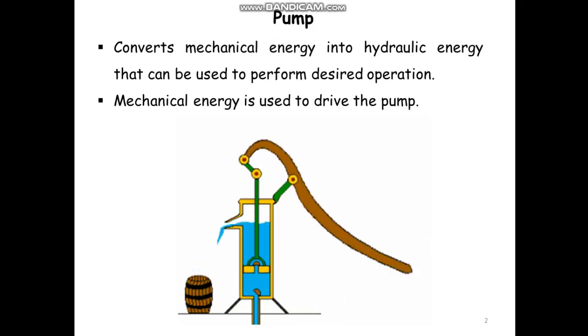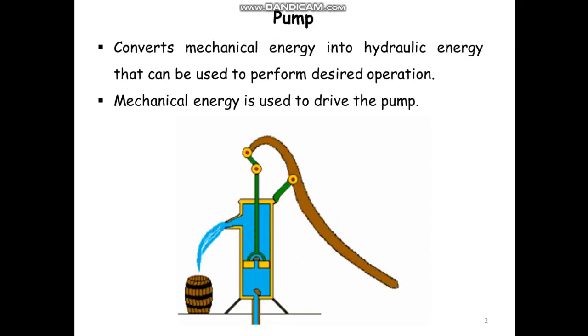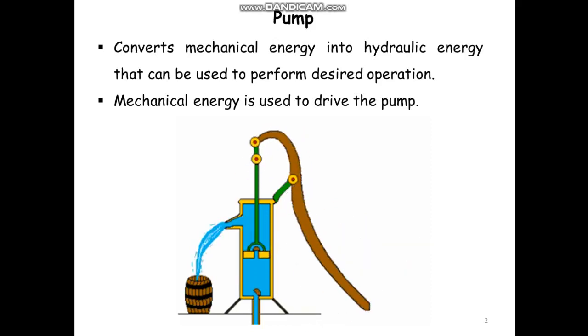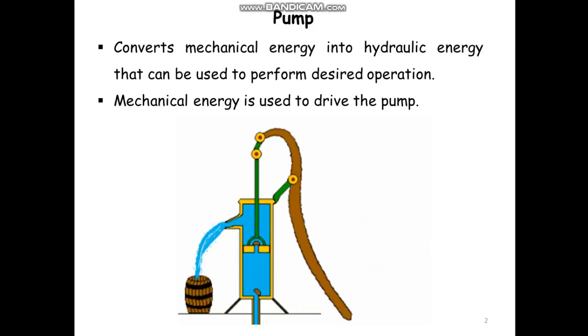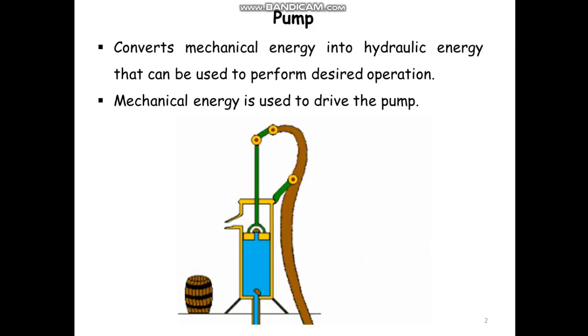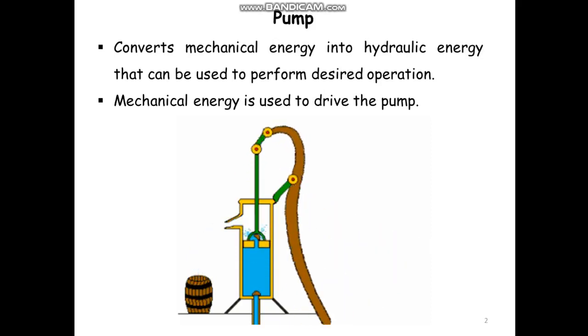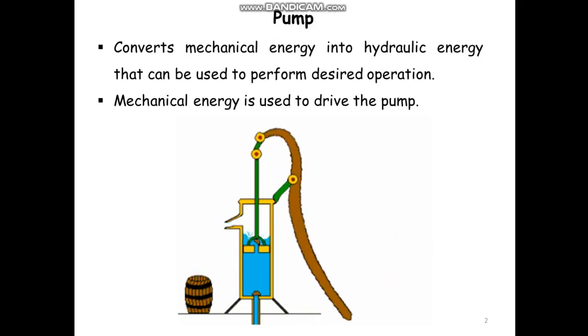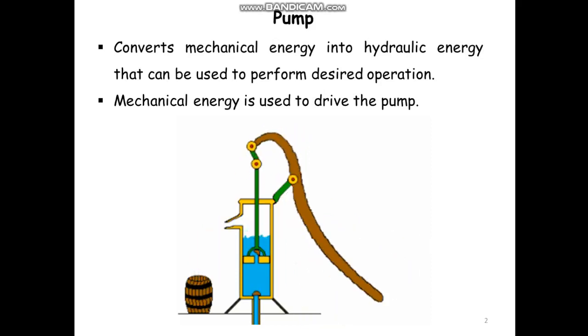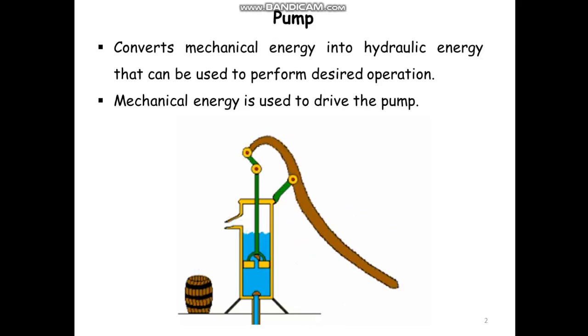So that is why if we consider the inlet of the pump, then it is mechanical energy in the form of a prime mover. If we consider an electrical motor, then the input of the electrical motor is electricity and its output will be a rotating shaft. On that rotating shaft, the rotating element will be placed, and using those elements the pumping action will be created, and thus the rotation of the output shaft of the electrical motor will be converted into hydraulic energy. And that is why the function of a hydraulic pump is considered as conversion of mechanical energy into hydraulic energy.